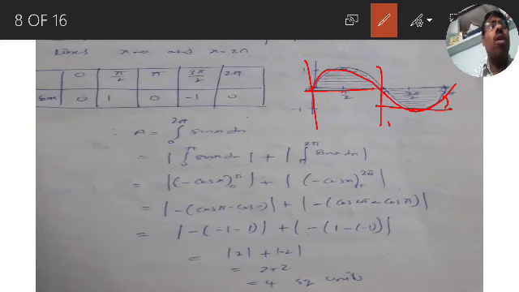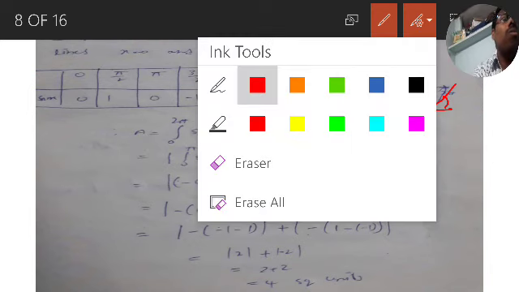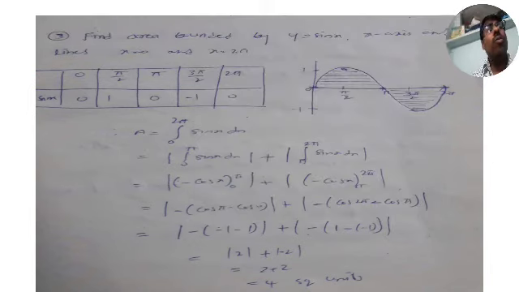So what to do here? Look at the problem, y is equal to sin x. Once you read that it is the curve y is equal to sin x, it should be stuck in your mind that sine is a wave function, like a wave, and it crosses the x-axis a number of times. That's why you should plot a graph from the line x is equal to 0 to the line x is equal to 2 pi.